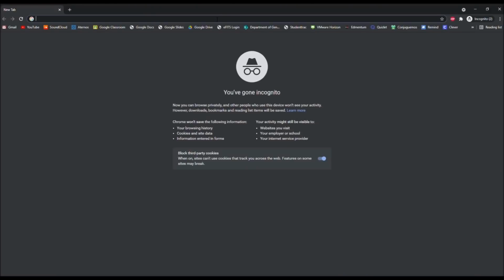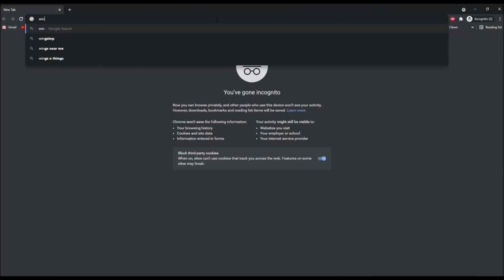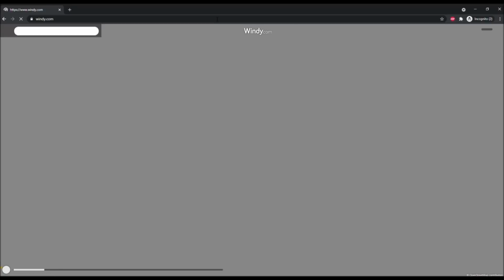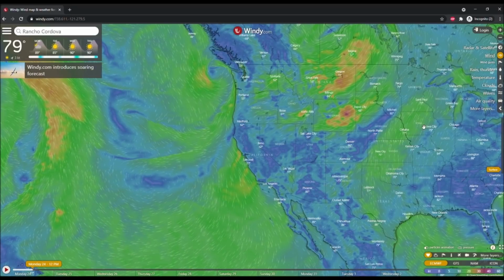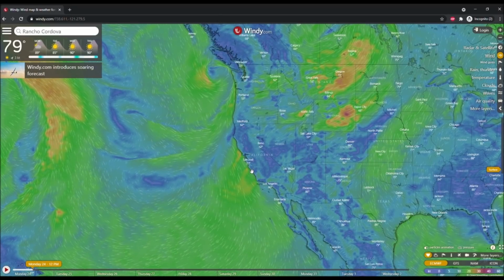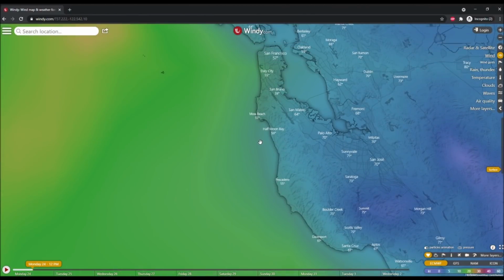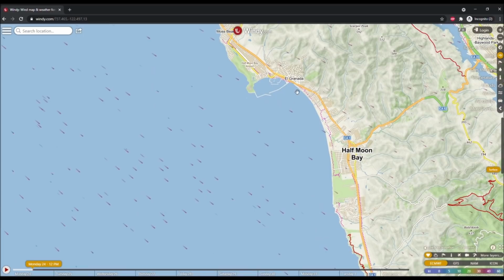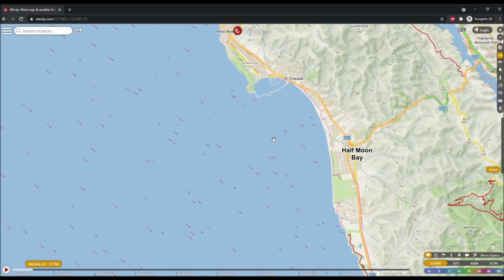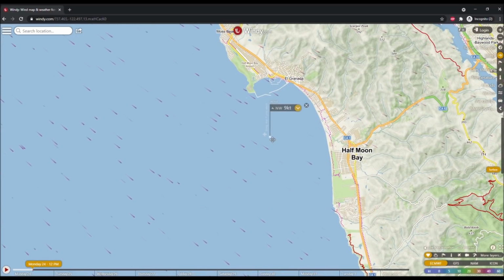The first website we're going to be looking at is windy.com, the second one is fishweather.com, and the third one is magicseaweed.com. Okay, we're gonna go to windy.com. Once you go, you will see the map like this. Basically, you zoom in to the place you want to look at. In this case, I'm gonna go to Half Moon Bay